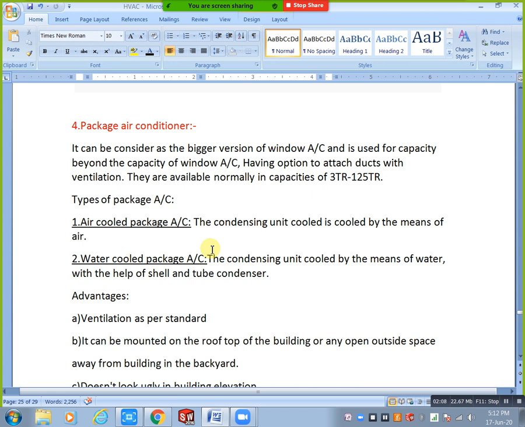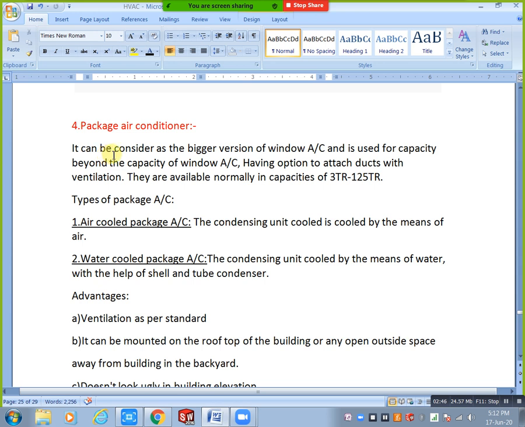Okay, all setup, all components we have in one box, that is called as a window. Okay, it is bigger version of the window, simply we say that. Just you can see here we have definition also. It can be considered as the bigger version of the window. Okay, when you will take window AC system, we have all components. We have VCR cycle completely, already I explained that one also. Vapor compression refrigeration cycle, same as well as here also we have the system in one box, single box, that is called as a window. This is the bigger version of window AC system, that's why we call as a package this one.